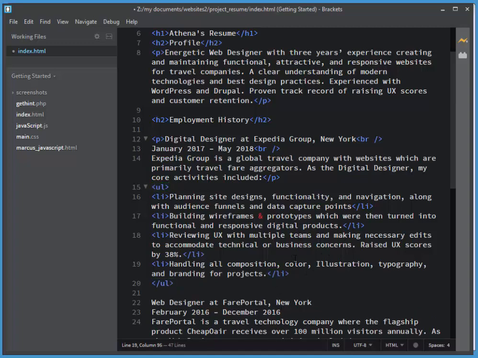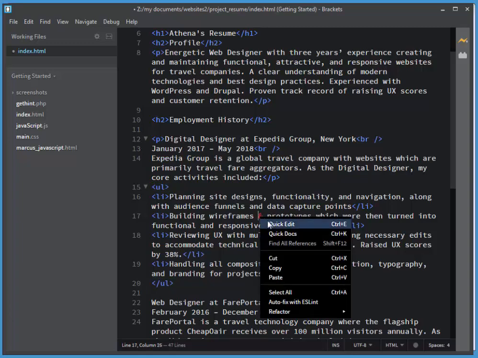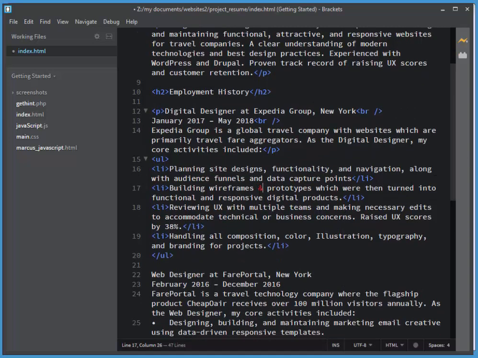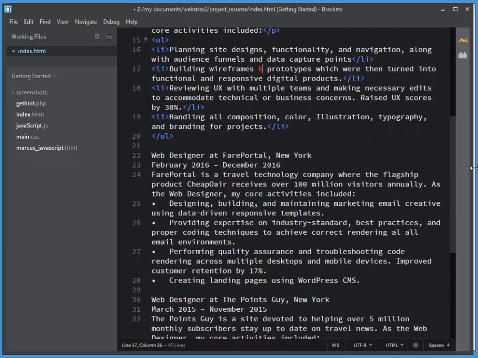Now, notice we have an and there and it's red. So if I choose Quick Edit here, basically we need an escape character for this. This will probably display just fine, but I'll put an escape character. There's one in the notes. I can't remember what it is offhand. And I'm going to do exactly the same thing for the next